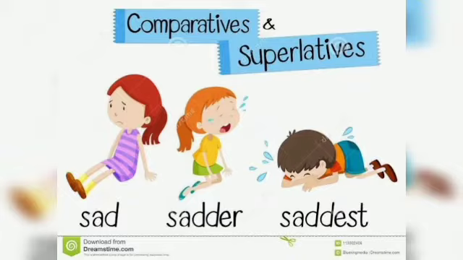So, you can easily see that in the second picture we have doubled the alphabet D, and then after that we have added ER, and it becomes sadder. And in the next picture, double D is there, you can see, and then we have added EST. Another example we will see,